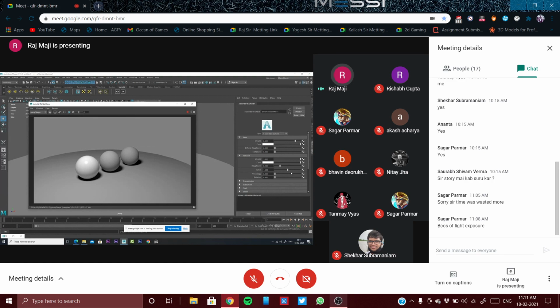So first, let's check the attributes. This is the base color, or the diffuse. Sometimes in some other software, you were creating the diffuse map. Diffuse map means the color map, and you use that color map over here. In software rendering and software shaders, we have seen the diffuse option. So this is that option basically, diffuse weight. I'll just show you. Suppose this object is of yellow color.